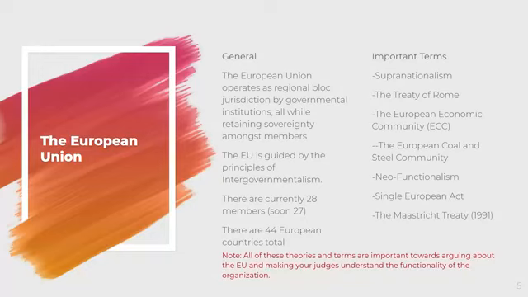But then that leads to neo-functionalism, which is another theory that has run the European Union for quite some time. This is the idea that economic integration would build momentum and gradually spill over into other political and geopolitical realms. This is where the European Union comes to a halt, right? This idea of neo-functionalism is as long as we have a strong economy, eventually we're going to agree on other things, right? This is the idea that China has with the Communist Party. They're like, look, we'll keep you sustained with a good economy, but we're going to limit your civil rights. Eventually, as we've seen right now with the Hong Kong protest, that's not exactly working.